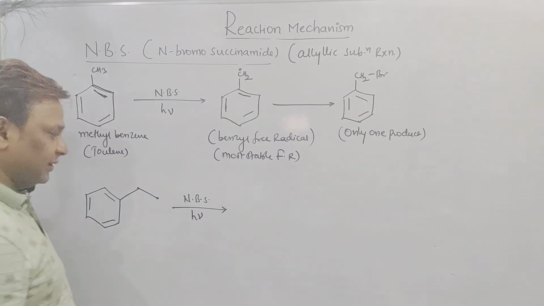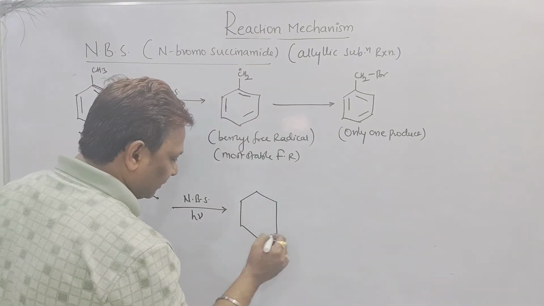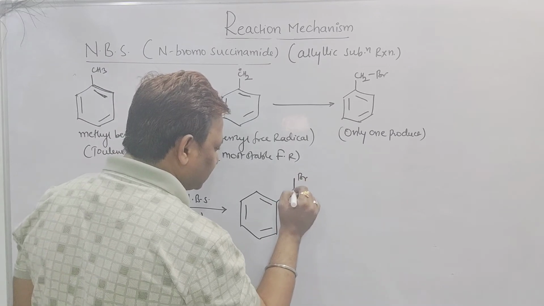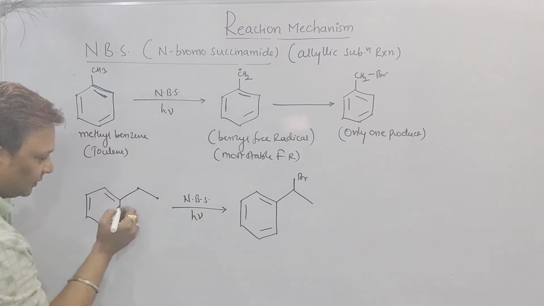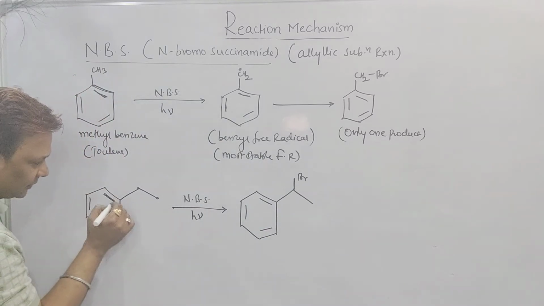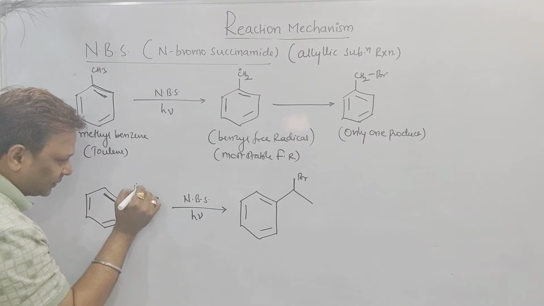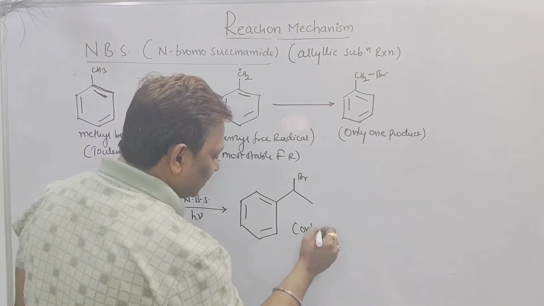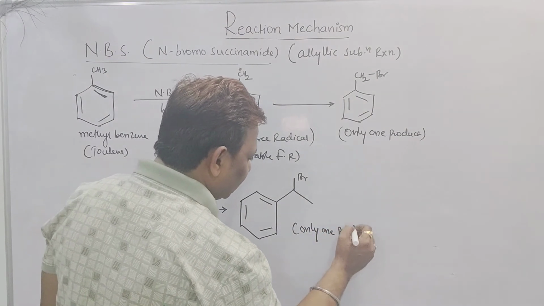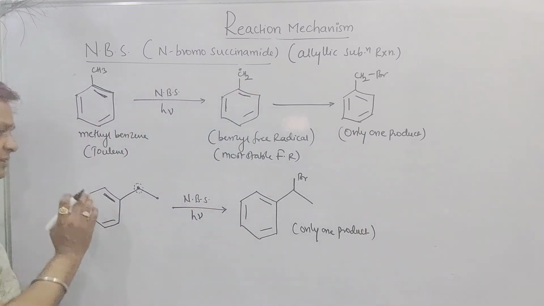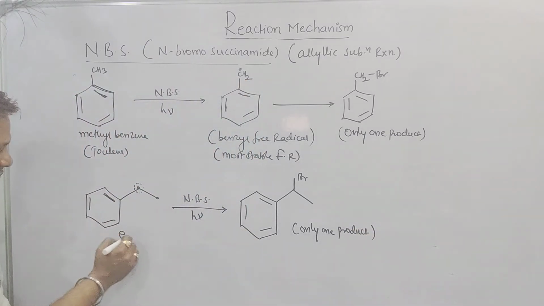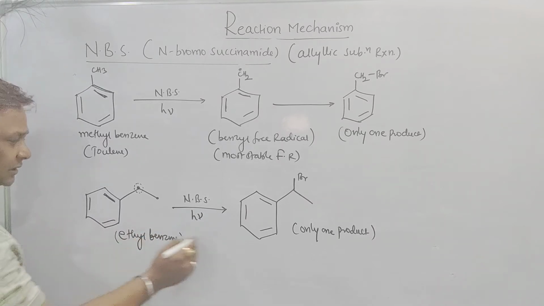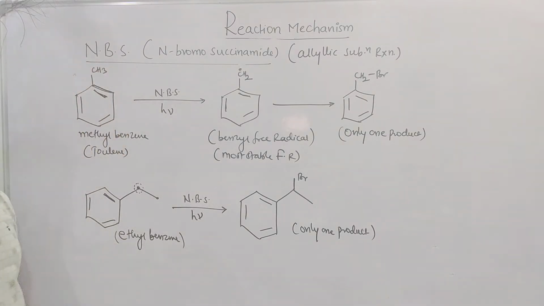Yes, sir. How many? Very good, sir. Those who have only one product, that will be the correct answer. Means one comes here, one more comes here. Br will attack on this position, beta, because this is an allylic carbon. See, beta, carbon double bonded with carbon, bonded with carbon is called an allylic carbon, and my bromine will attack on that position, which is the most stable, and hence we can say, sir, only one product will be formed during the NBS reaction on this, ethyl benzene. This will be called what, beta? Sir, this will be called ethyl benzene, and allylic substitution of ethyl benzene gives rise to only one product. Is it clear?